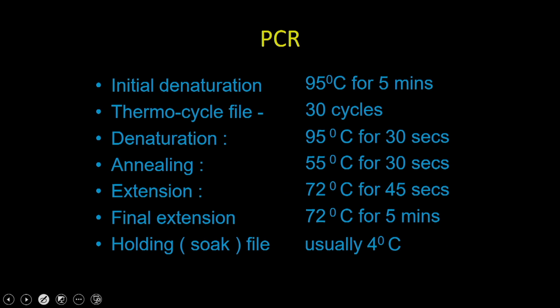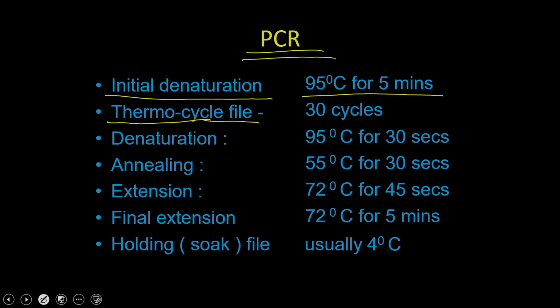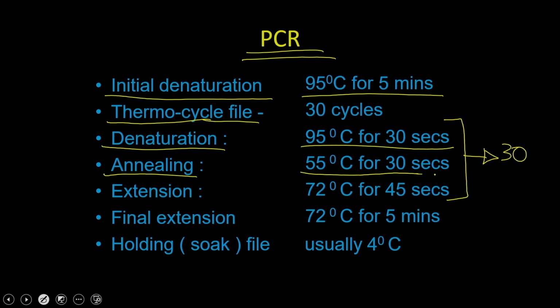So, what are the things you require for doing the PCR? This is a classical example of one of the reaction cycles. You do initial denaturation at 95 degrees Celsius for 5 minutes, and then you have thermal cycling, which continues for 30 cycles. In each cycle you have denaturation at 95 degrees Celsius for 30 seconds, then annealing at 55 degrees Celsius for 30